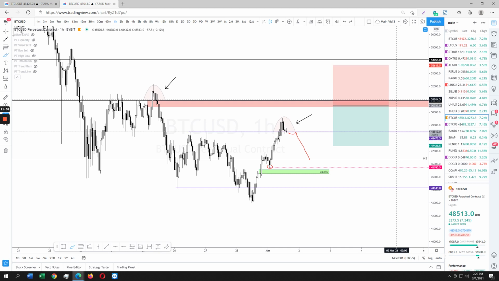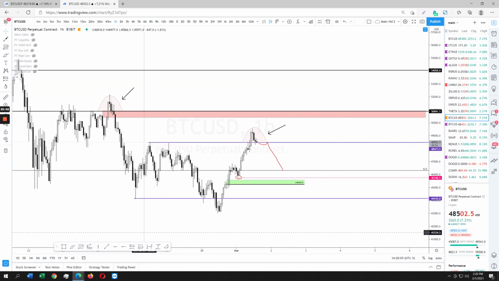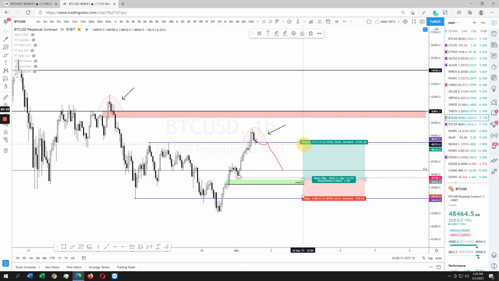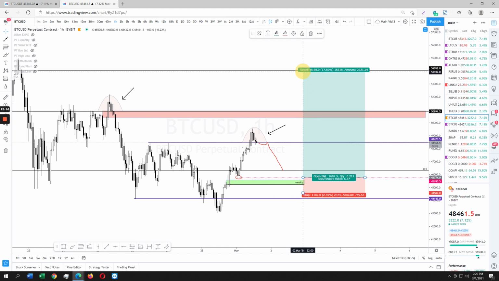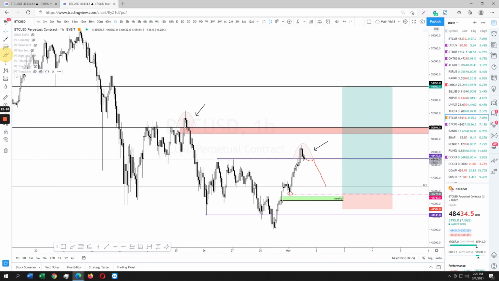Otherwise, on the flip side, for you to flip long, I want you to flip long at, well, you know what? I don't want you to do anything. This is where I'm going to flip long. Somewhere down here under the weekly, or grab the weekly if you want to be a little more patient. Whatever you want, either long the weekly or long the liquidity in the bottom. And I want to target bare minimum the breakdown, which is this wick over here, and then target 1, and then target 2